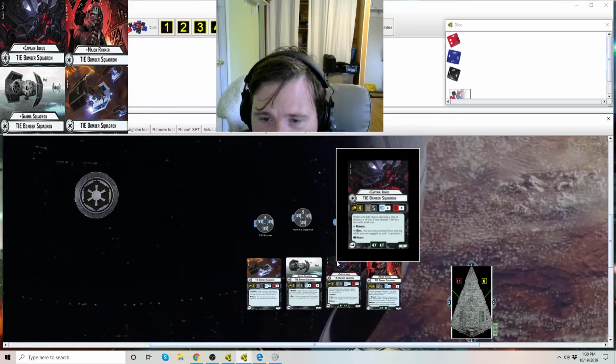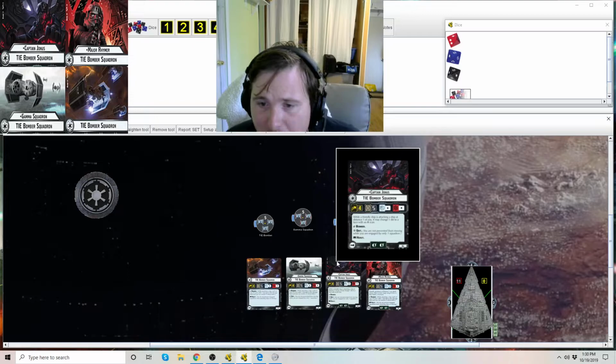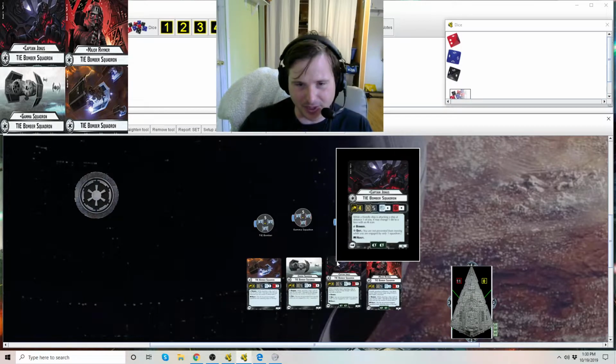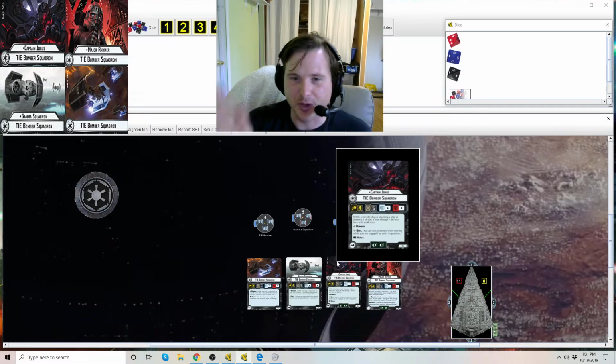His card ability reads, while a friendly ship is attacking a ship at distance 1 of you, meaning Captain Jonas, it may change 1 die to a face of an accuracy icon. And he also gets the keywords of bomber, grit, and heavy. So he's kind of a mishmash of a TIE bomber and Gamma Squadron rolled into one with this extra ability. He still has grit, so he definitely can still run away